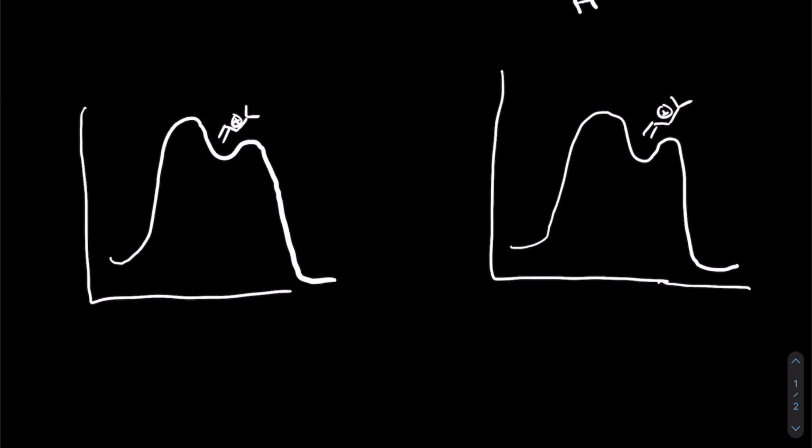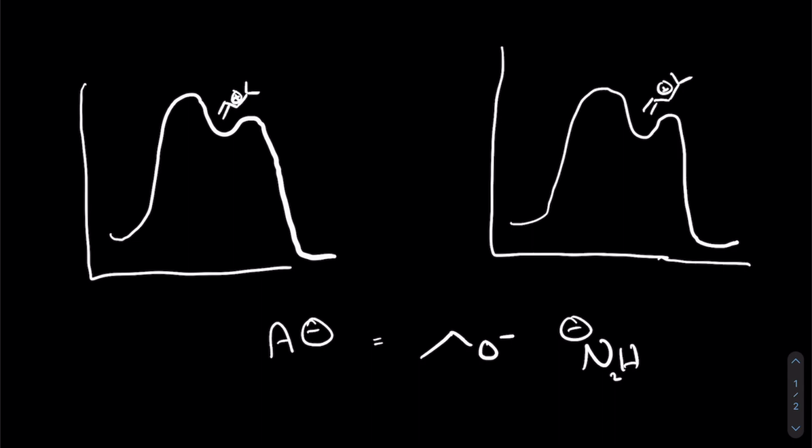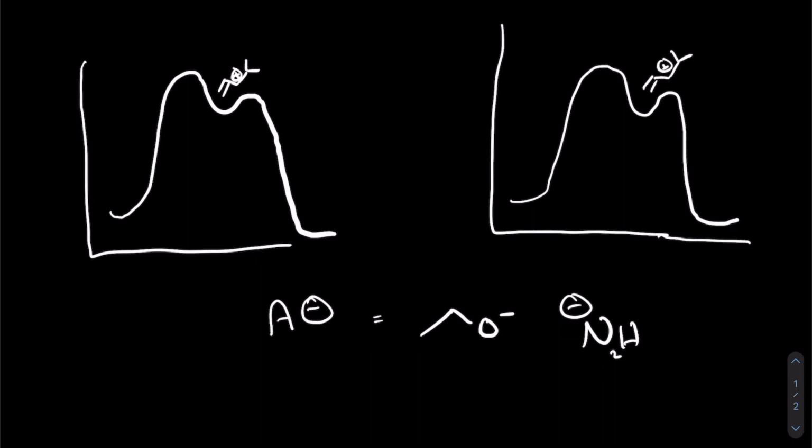If we had defined A minus in the first place as something that looked like a base, a hard base more along the lines of anions with negative charges, so things like O minus, ethoxy, amides, hydroxy, those tend to push towards